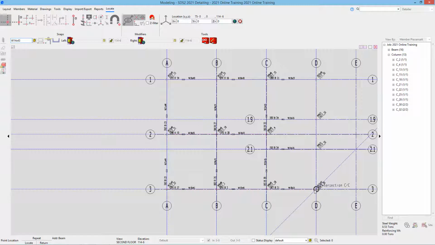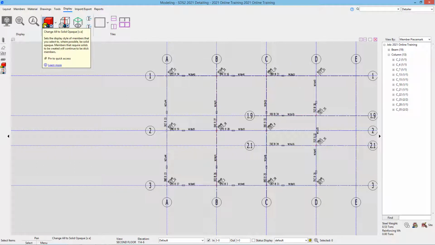So I'll go D to 2.1, and I can repeat that one from 1.9 to 1, so I'll just middle click at D and 1.9, and then the next is a W12x35, and I will select from 2.1 to 1.9. So I right clicked to complete the command. And we looked at the icon here, or I can just hit SA on the keyboard to turn those all to solid. Now this is not all of our beams yet,